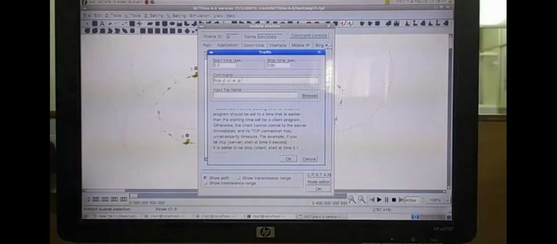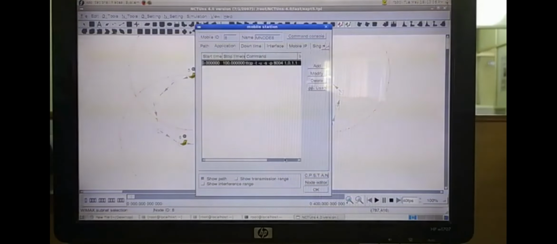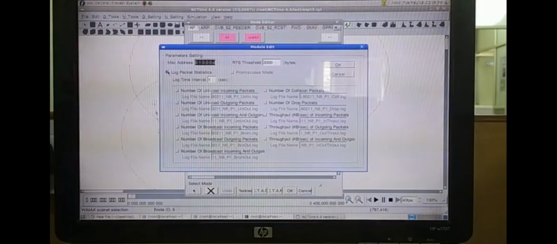This is the last node. The port number for it is 8004, and it is also sending packets to the same destination node, having IP address 1.0.1.1. Next you select show transmission range, node editor, and log packet statistics, and here also you select the outgoing packets.